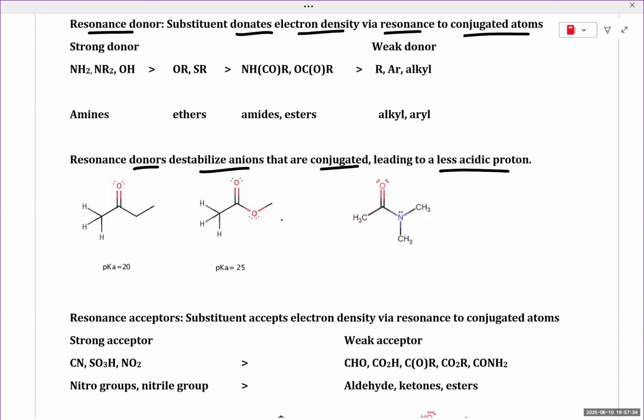To see what's happening here, let's look at what happens in the following molecule. In this case, we have an ester, and here we have a donor group. This OR group has a lone pair that we can use to donate electron density into adjacent atoms. Why is this a problem? Well, if we look at the conjugate base for a moment,